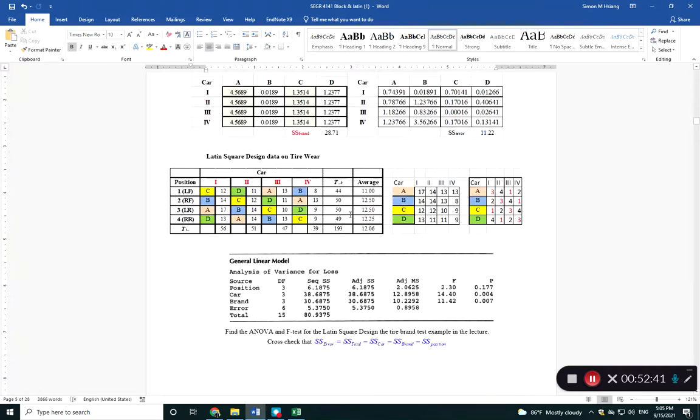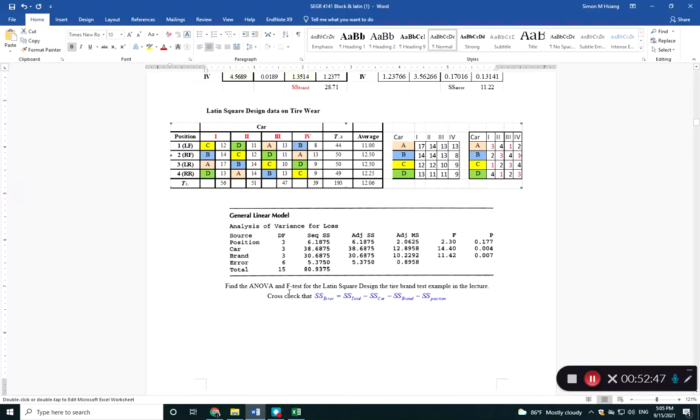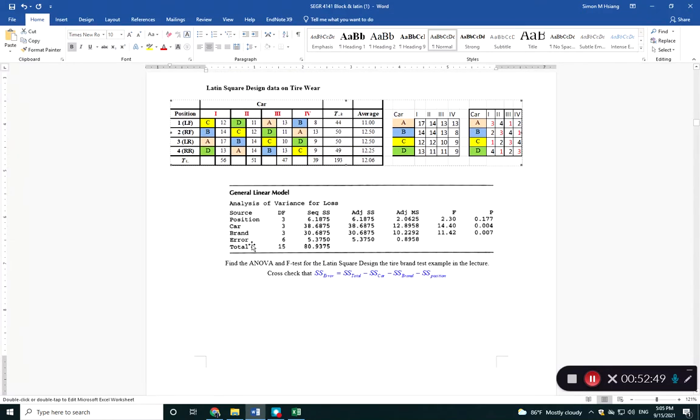Latin square is the following, okay? Let me talk about what I want first. Originally, I have the 16 values, right? And I said that I have the brand sum of squares, I have the car sum of squares. But think about it this way, okay? If I have 4 different tires, A, B, C, D,